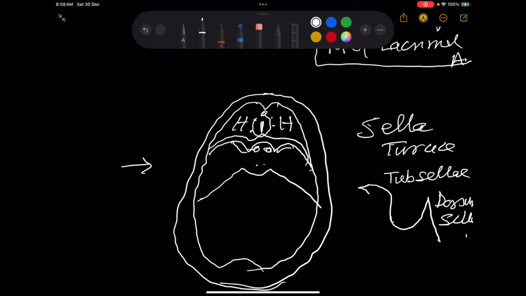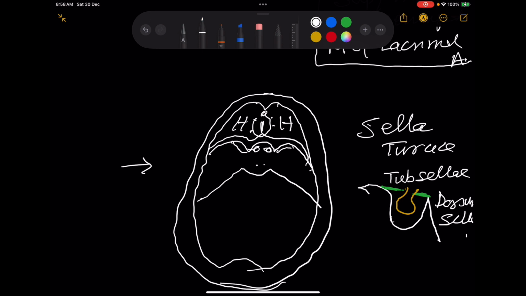In this will lie the pituitary gland, and on the roof of it you have the diaphragma sellae, through which the hypophysis cerebri or the